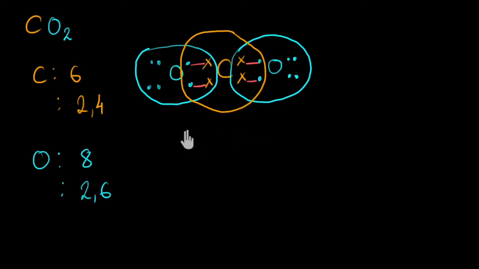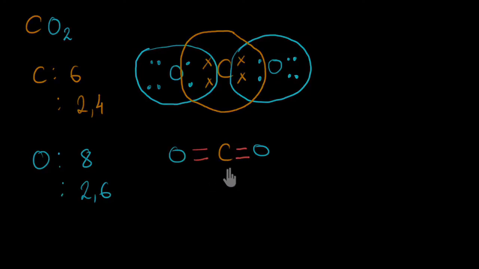And I can draw it separately to give you a clearer picture. This is carbon. Here we have oxygen, and we have 2 dashes with this oxygen and 2 dashes with this oxygen. So over here, the atoms of carbon and oxygen have a double covalent bond between them. Similarly over here, they have a double covalent bond between them. This is how carbon dioxide is different from water. Carbon dioxide has double covalent bonds.